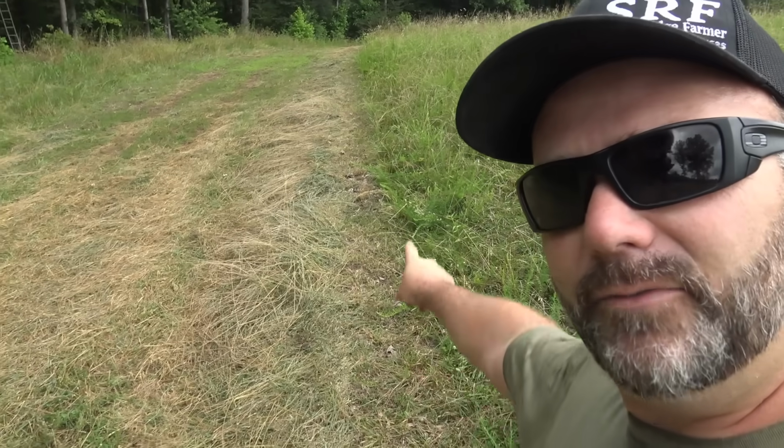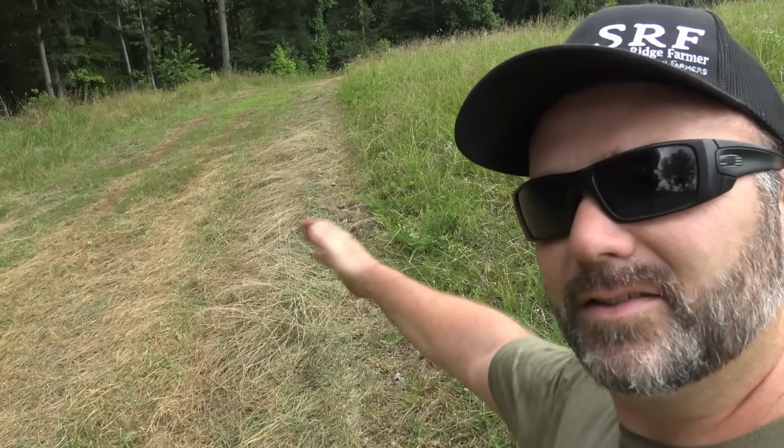It kind of kicks it up so that you can see where you've been, and that's where your tire tread is going to run. So if you look right through here, you can see where that foot kicked over, and actually kicked it that way, it rolled over the grass. And you can see what we've cut here. Now this grass is fairly sparse. Some of it's weeds, some of it's grass, some of it's Lespedeza, but most of it out in the middle of the field is a mixture between Lespedeza and fescue, Kentucky 32 or Kentucky 31 fescue, and it's cutting it